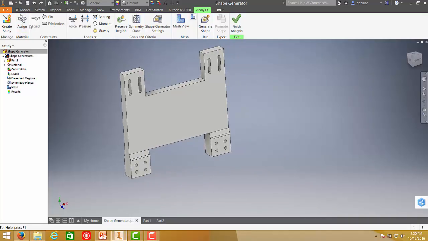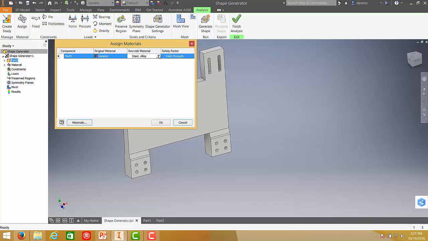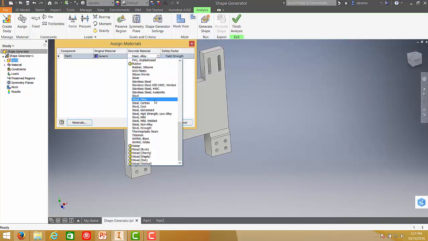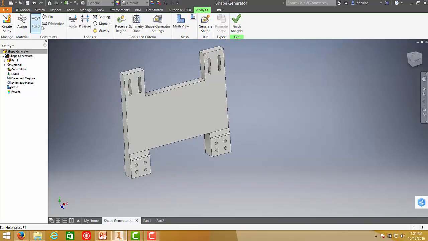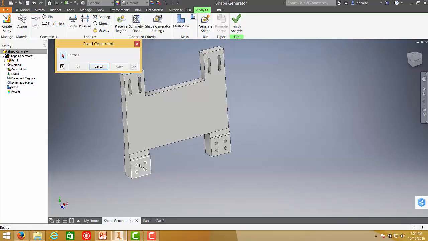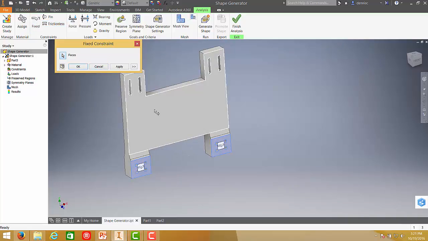you will be using this ribbon tab for analysis in shape generator. So to start, you'll just have to assign the material first. So I'll just choose steel alloy, and then you'll just have to set the constraints. So for example, I'll fix this part of the frame,